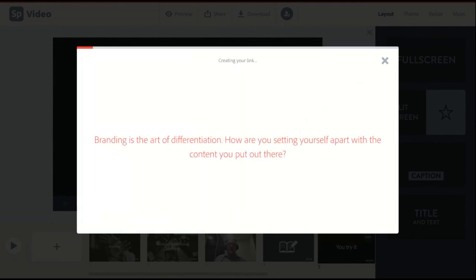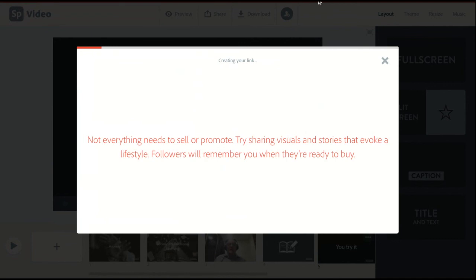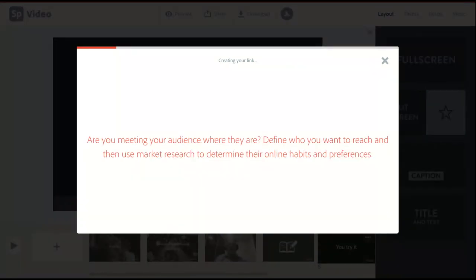And that sits on an Adobe server, the Spark video server. And as long as somebody has that link, they can get in there and access video. Now, once that's published, that link can then be embedded back into the website that I was creating earlier on.